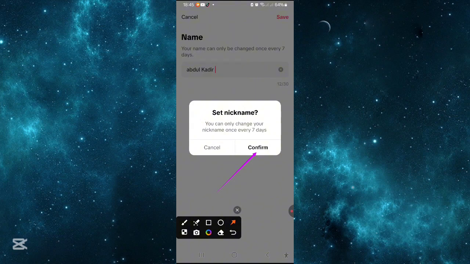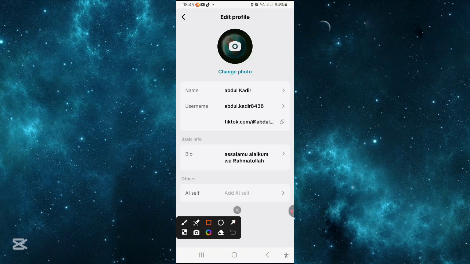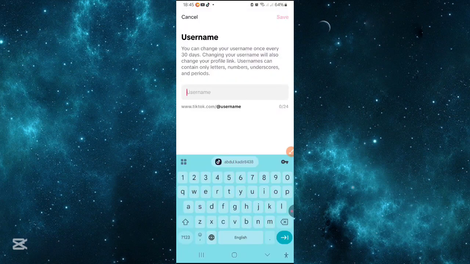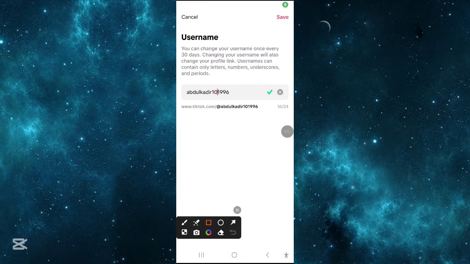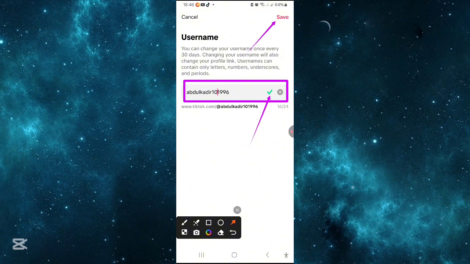You cannot change within 7 days, and then just tap on username. Well, delete your username and now rewrite your username newly. Just rewrite your username and see here the tick mark, and then just tap on save,